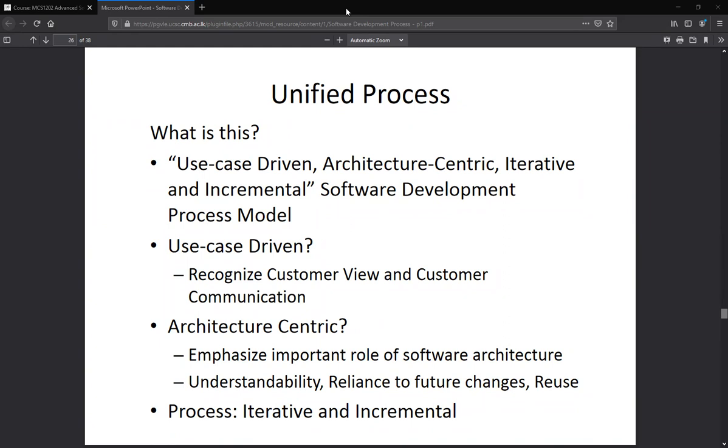We always need to be practical. If you try to think about every possible thing and try to make it perfect, that's what we generally call over-engineering. So when we say architecture-centric, that means we are really focusing on the architecture, a very important thing in this process,